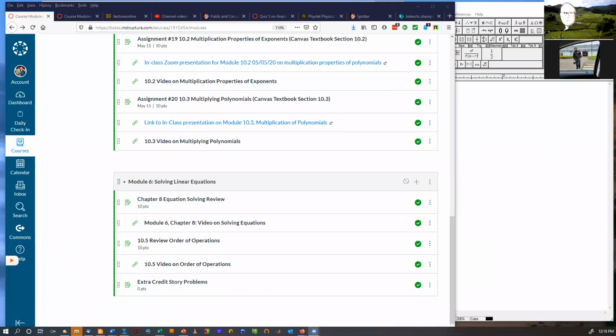Okay, so what I'm going to do today is go through Module 6. Let me share my screen, and I can show you where we are. Okay, so we did multiplying polynomials last class,